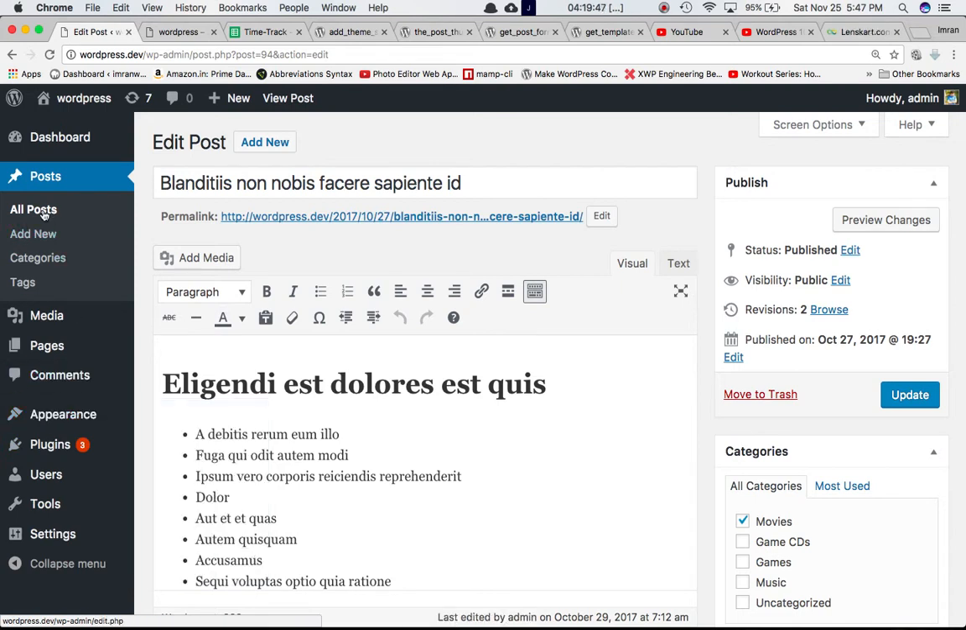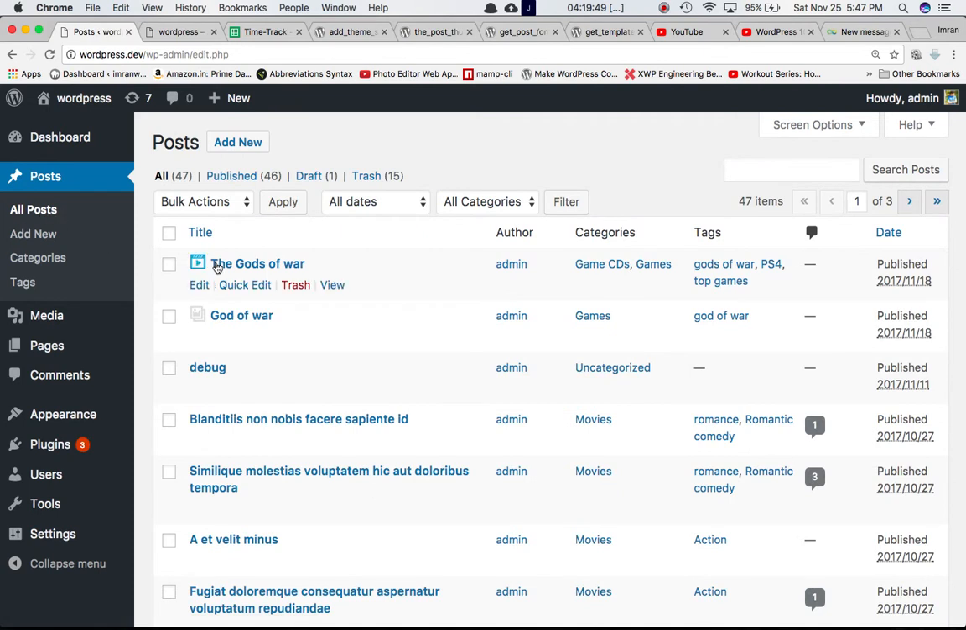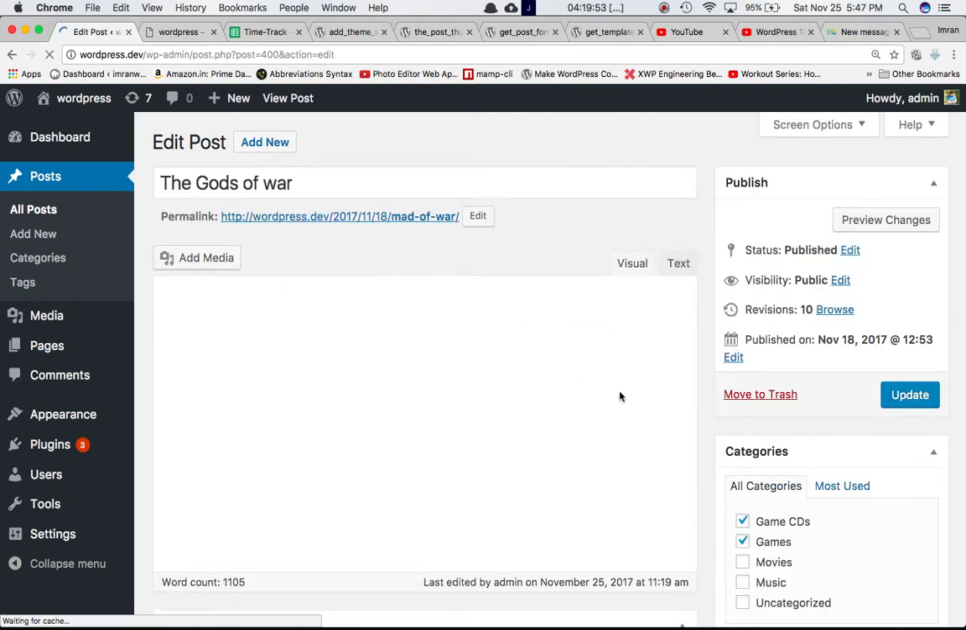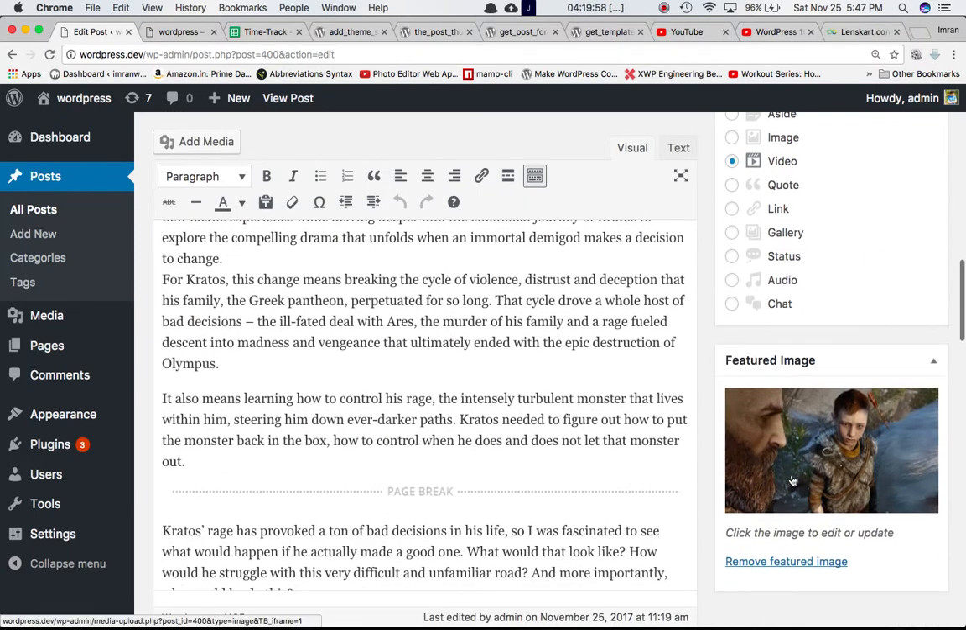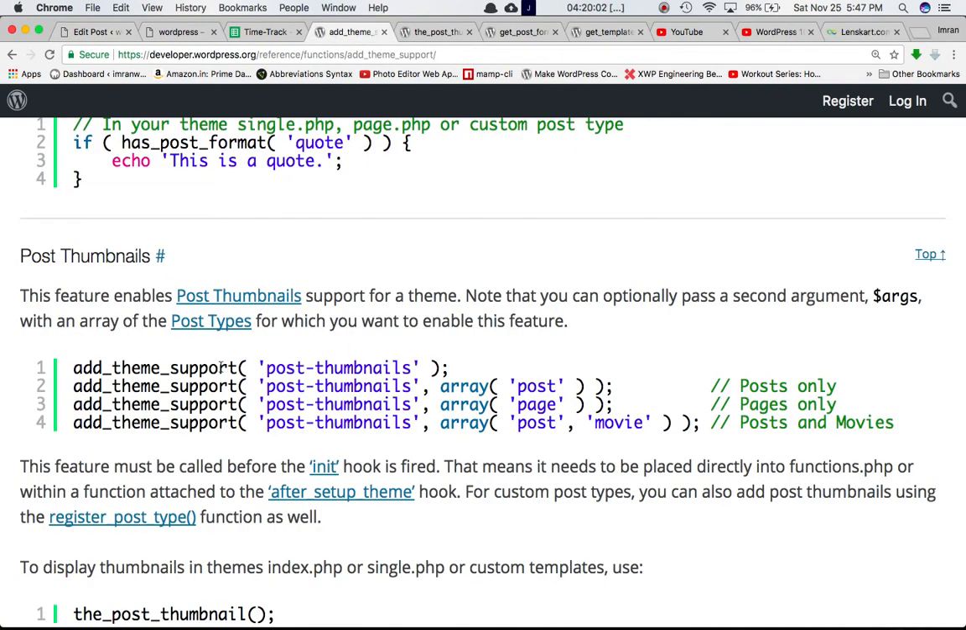This particular feature, post thumbnails, allows you to add a thumbnail feature to all posts. If you go to edit any particular post, for example this post, and scroll down, it gives you an option to add a featured image for that particular post. So it allows you to add the thumbnail for that post. This feature enables post thumbnail support for a theme, and note that you can optionally pass a second argument,